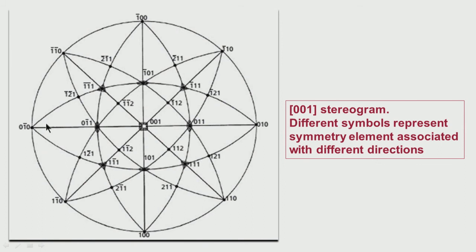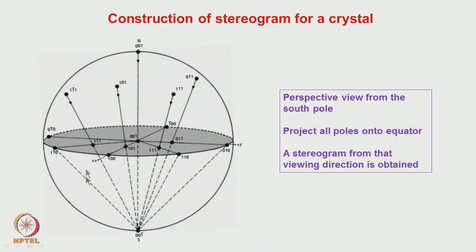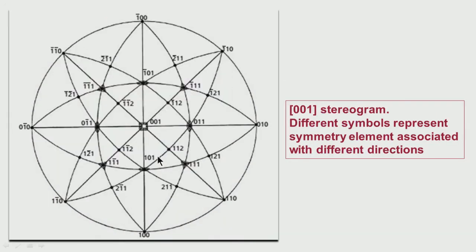So we assume that it is essentially nothing but a cube which has been kept, and the various poles which it is making are cutting the surface of that sphere, and on the equatorial plane they make some poles corresponding to them. This is just a view graph of that which we are seeing.